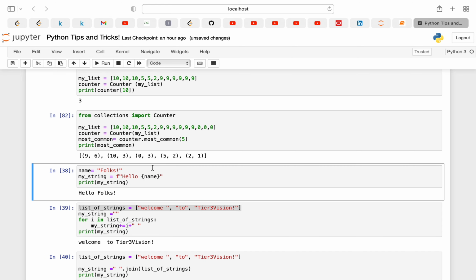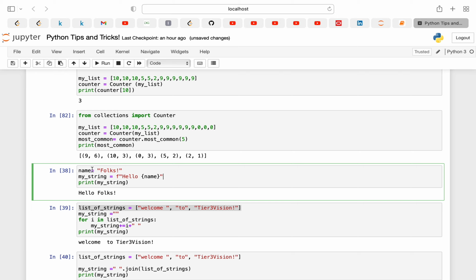Now we are going to learn a little bit about the format string. So what will a format string do? Suppose in Java we'd do name plus, and after that within double quotes we pass the name. Similarly, we can use a format string to format a particular string. Suppose my name variable keeps on changing.